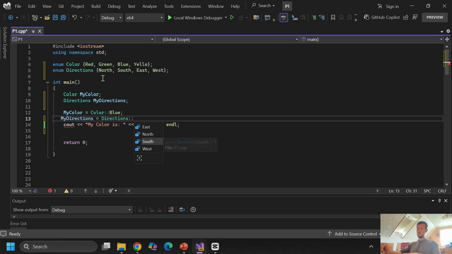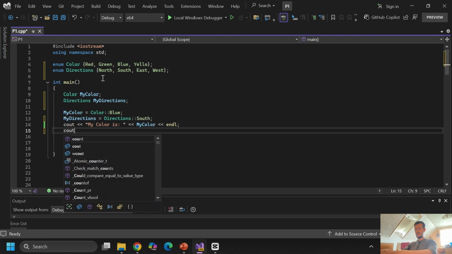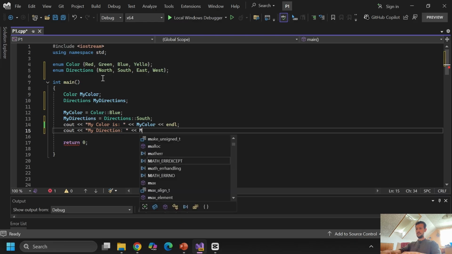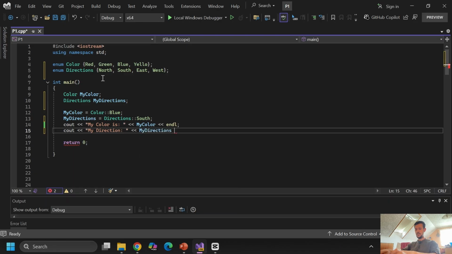For example, I will use south here, semicolon, and if I want to print it, I will write the cout object, less than less than, text "my direction: ", less than less than, the variable name of the direction enum, myDirection, less than less than endl, semicolon. So if I run this program, the compiler should give me 2